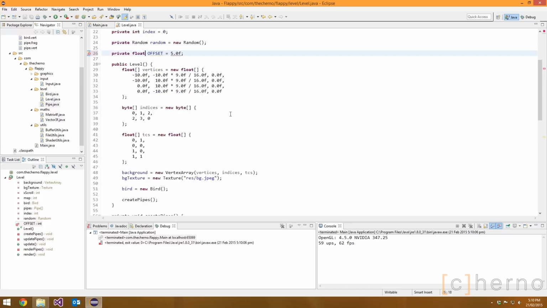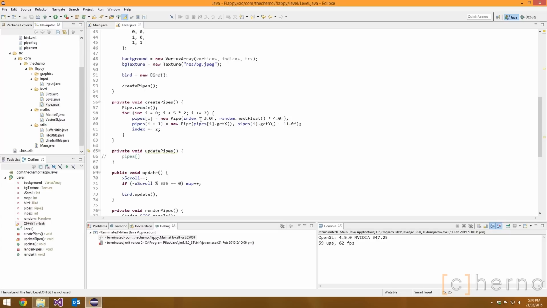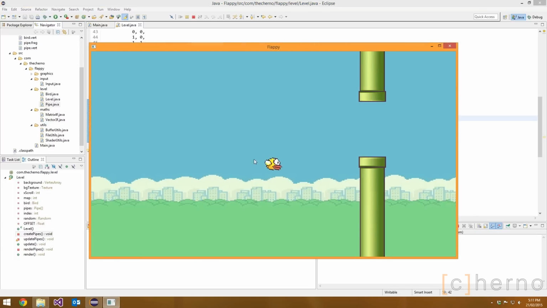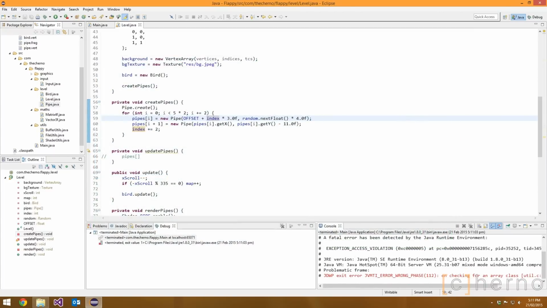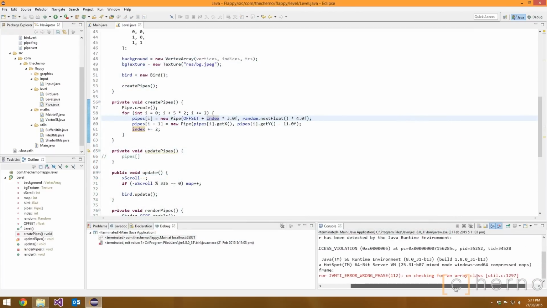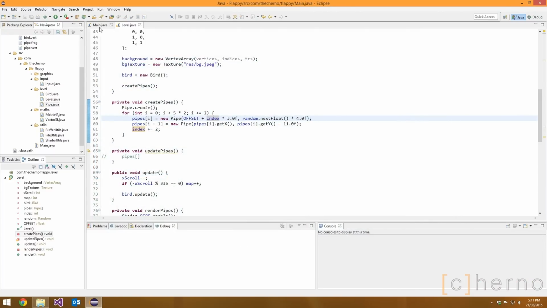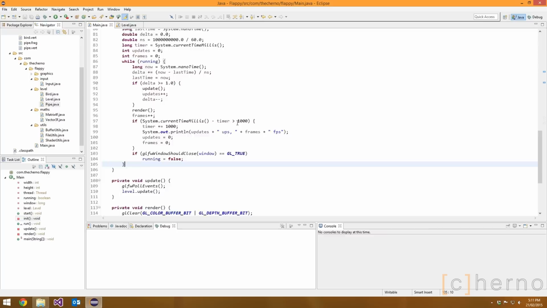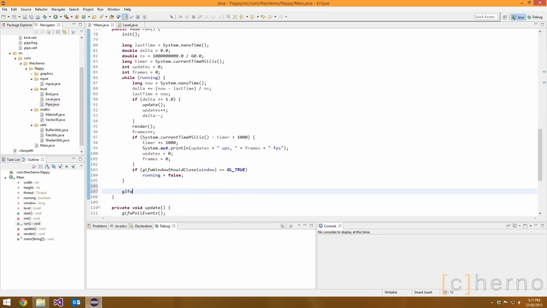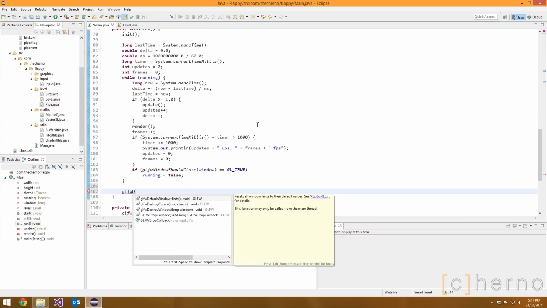And this should be a float, I guess. And we'll go offset plus on the x. So that should pretty much fix that problem. There we go. That's pretty much perfect, I think. So I'm not liking this. It's probably because we're not terminating GLFW or anything. So let's go ahead and say after this, we'll just go GLFW destroy window,